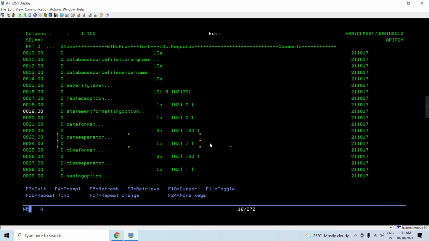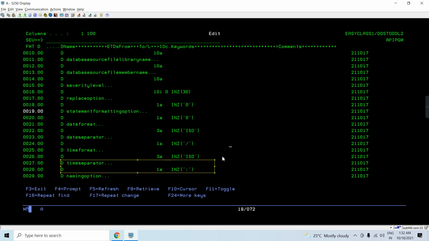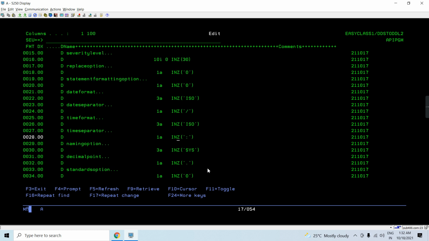We can use anything else. That's what are all the date separators available. We have date time format as ISO. We can pass any other value which could be applicable. Time separator is colon. Here we are passing colon, you can pass any other value which is supported.